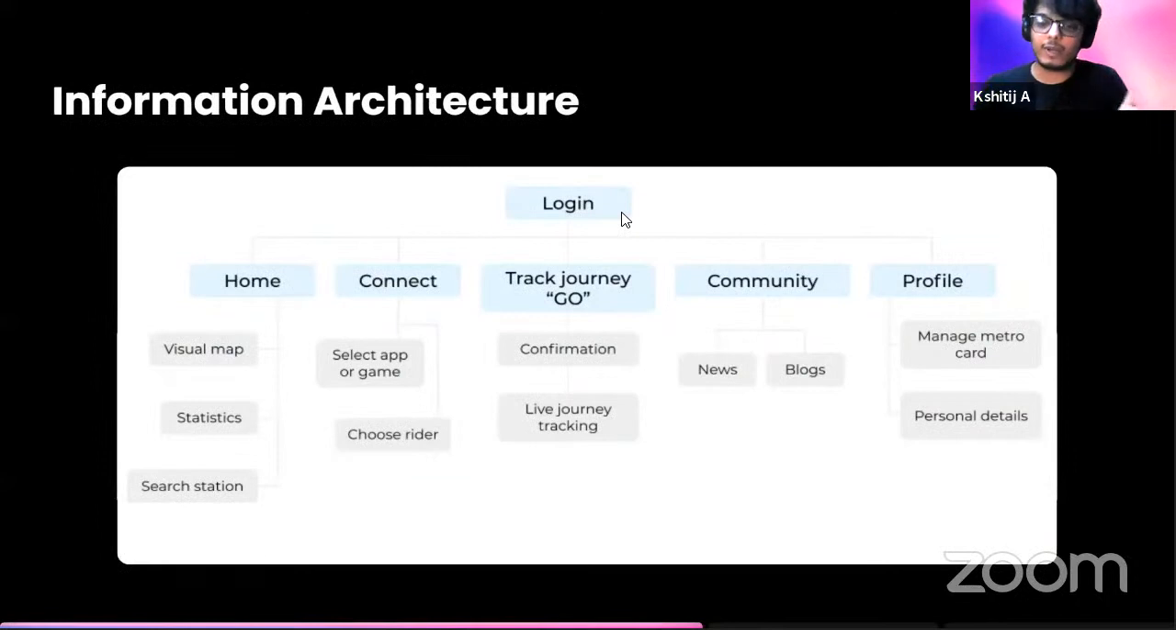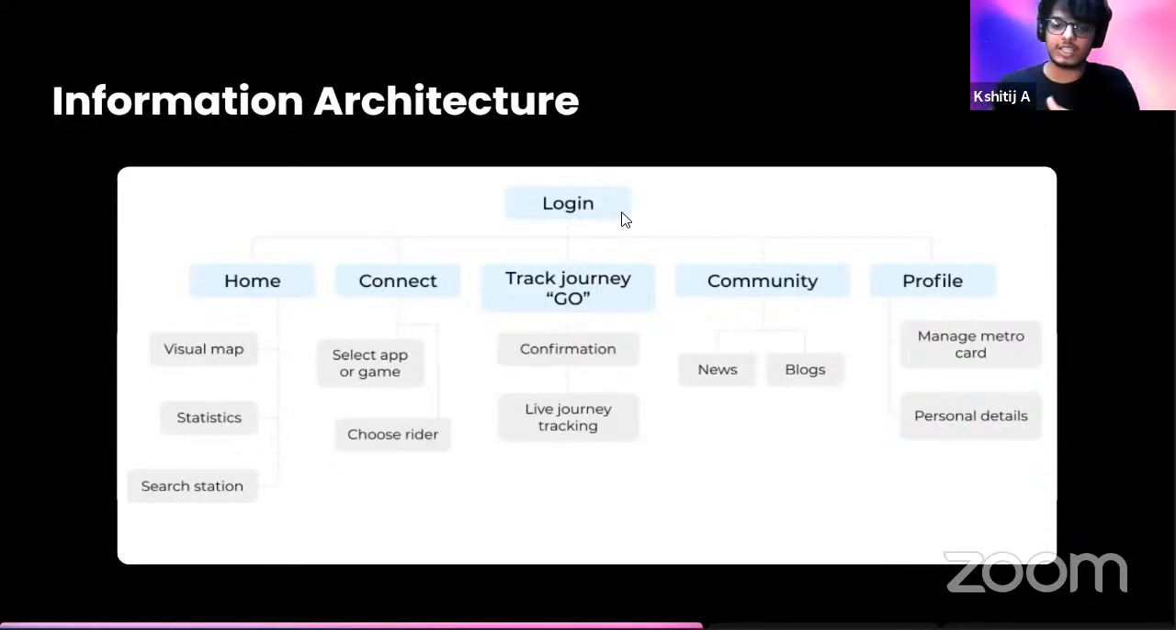Now, you don't need to remember all of these terms. I know it might be a little heavy at this point. But just remember the reason why you want to do this particular phase or why you want to do this particular method. So information architecture is really simple. It's just